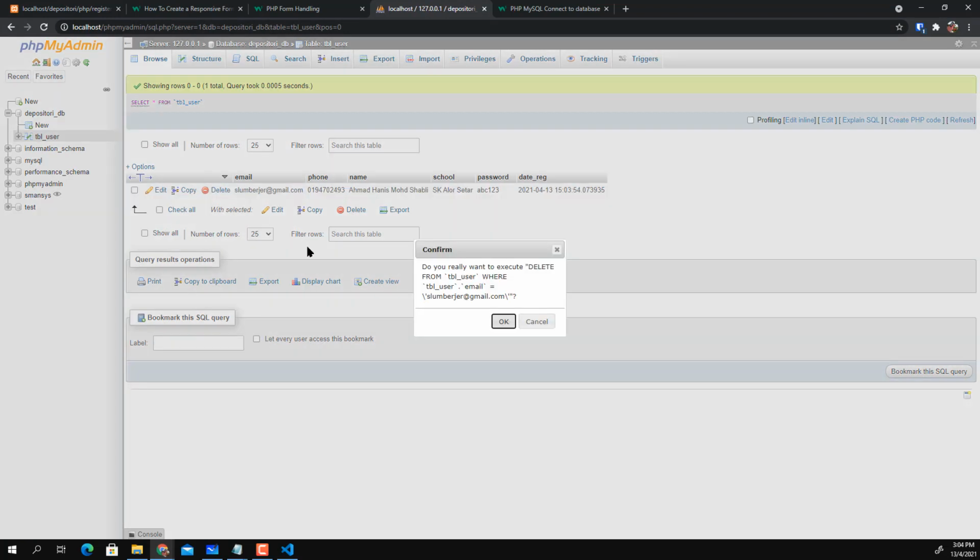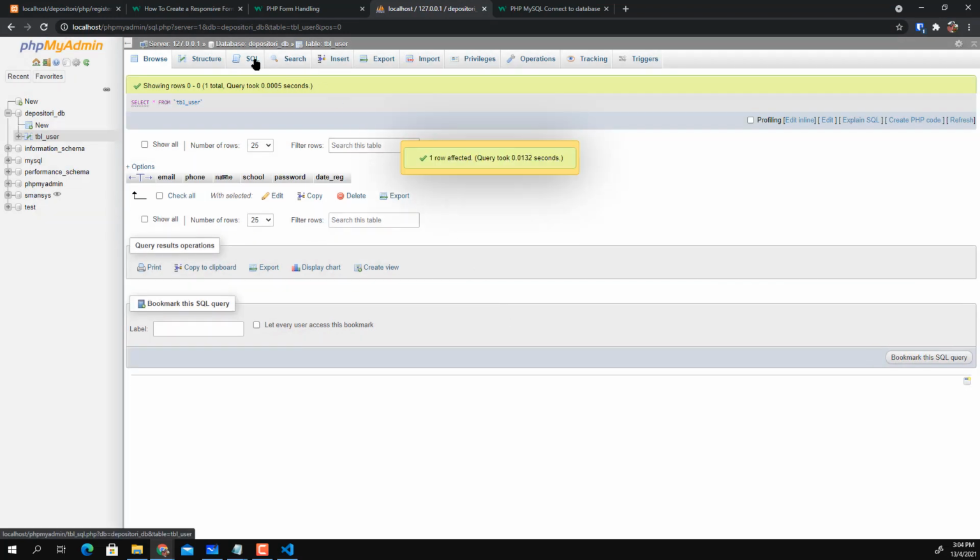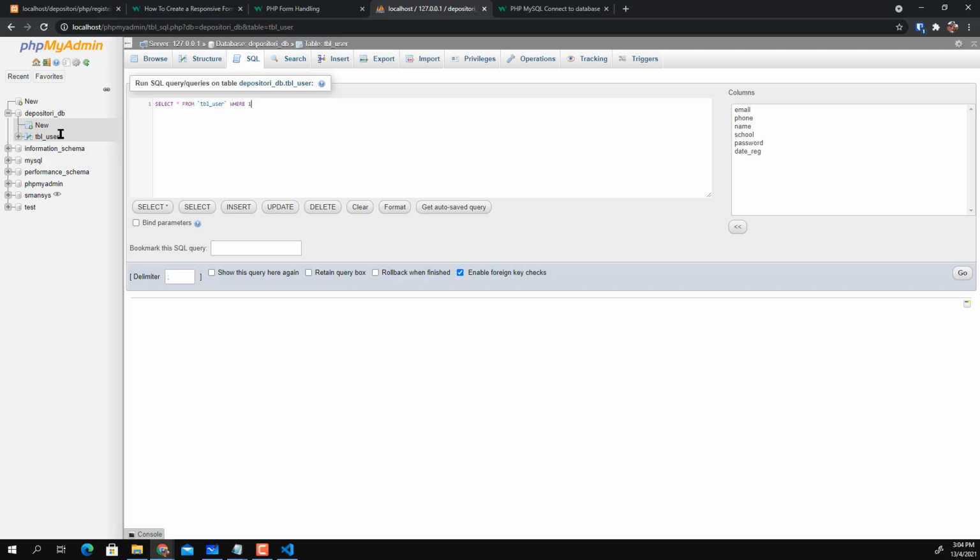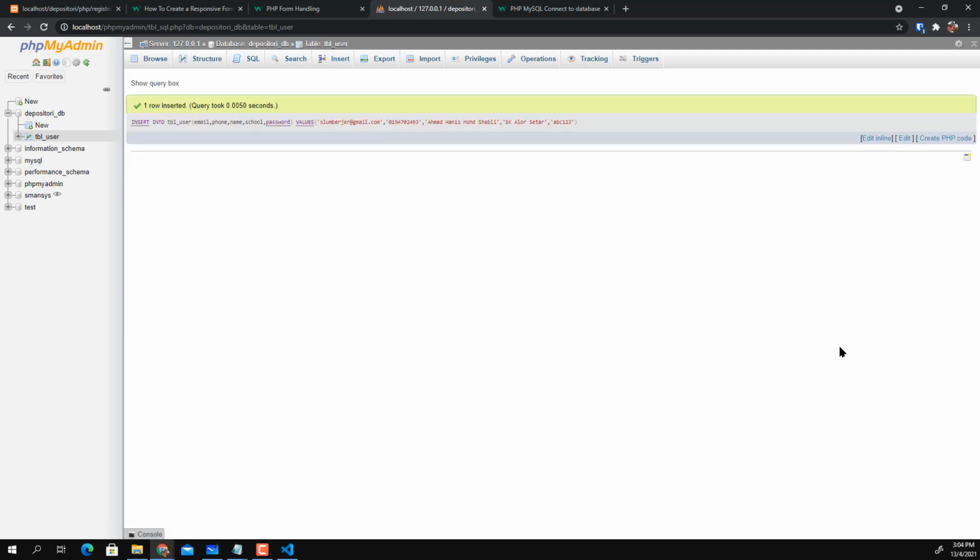I'm going to delete this one more time. You need to go to this SQL tab here and enter that statement, this one, in this SQL terminal. So all you need to do now is press this Go, and you should be able to see if there's any error. There's no error at all here, which means